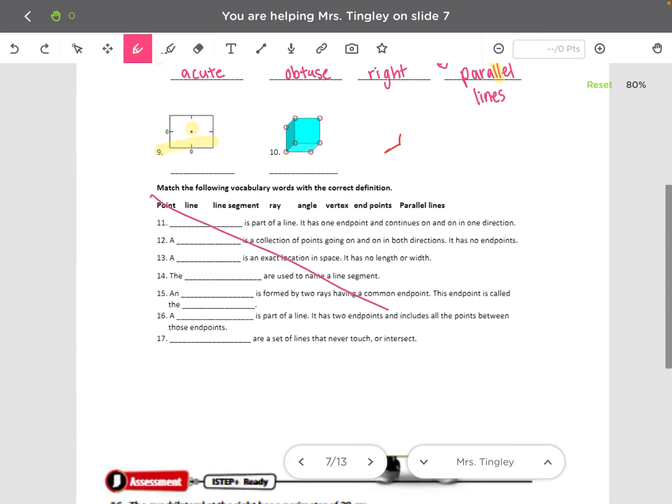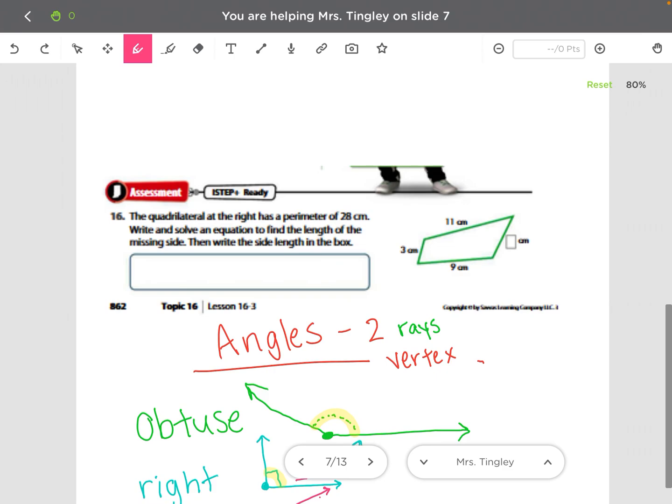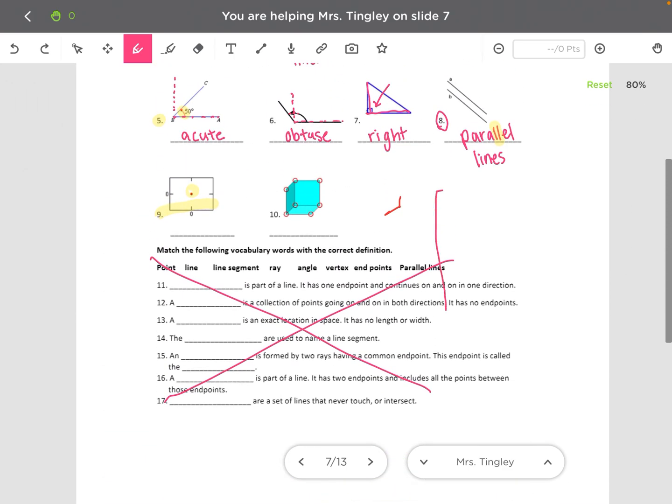After you are done taking these notes, we are not going to do this bottom part, so you can cross it out. Make sure you have your notes on